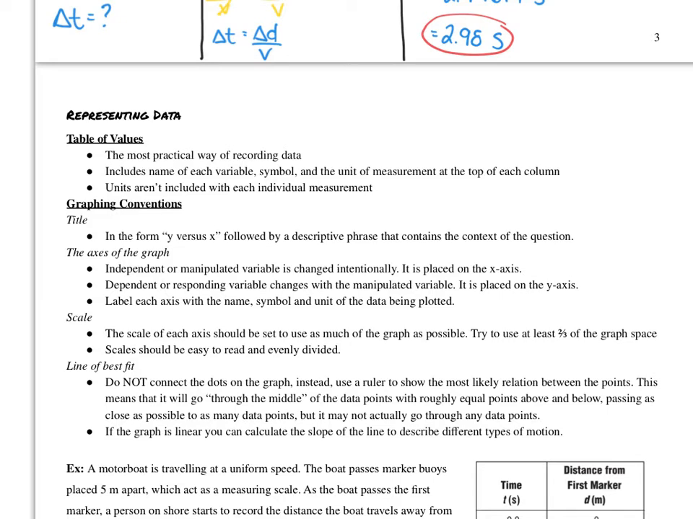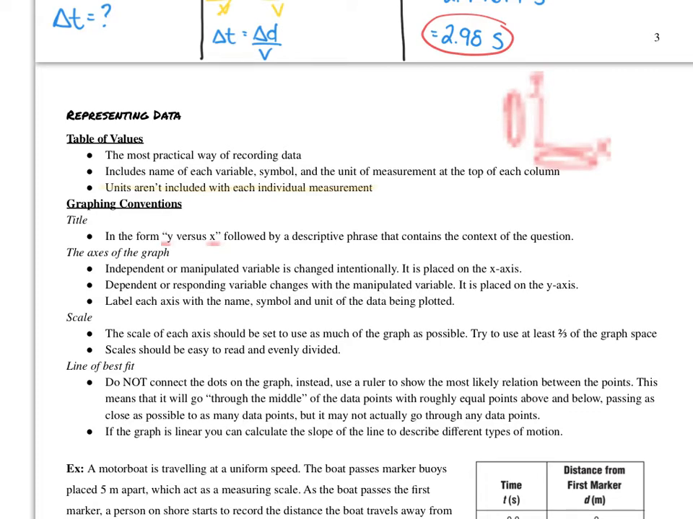Units are not included with individual measurements. That is important to note here. Okay. When we are graphing, the title is always in the form of y versus x. Remembering that when we are graphing, this is our x-axis and this is our y-axis. So whatever the title is along the y is what we would start with, versus x, whatever the title was along here,